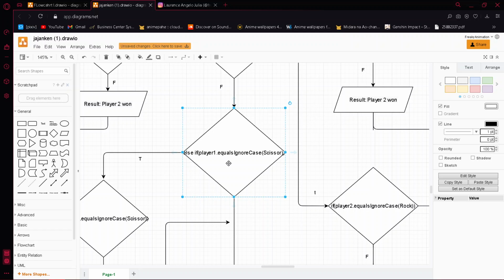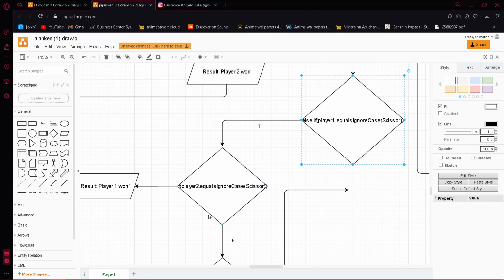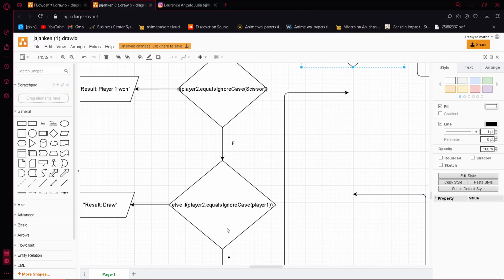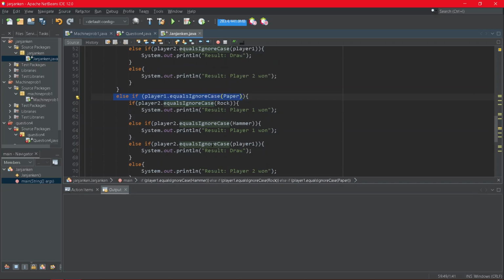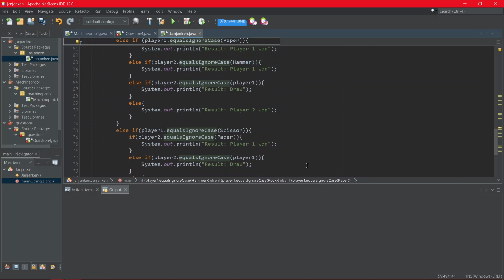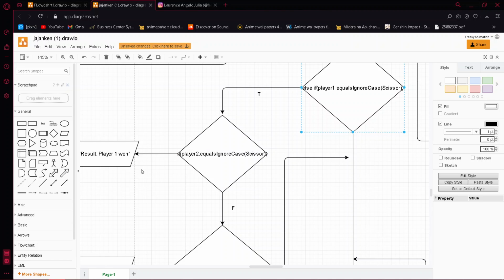Else if player 1 equals, ignore case, scissor. Here, if player 1 chooses scissor and it is true, then, oh, another technical issue, another problem of jumbled answers.